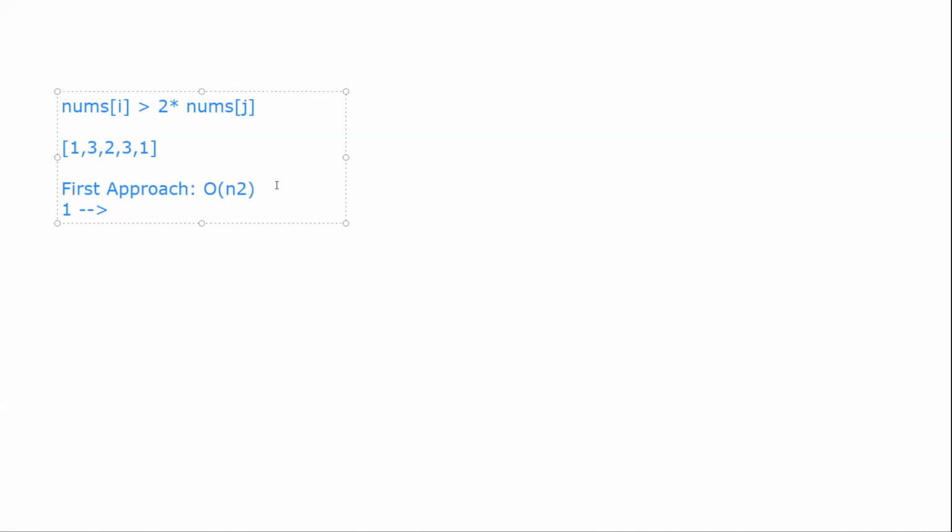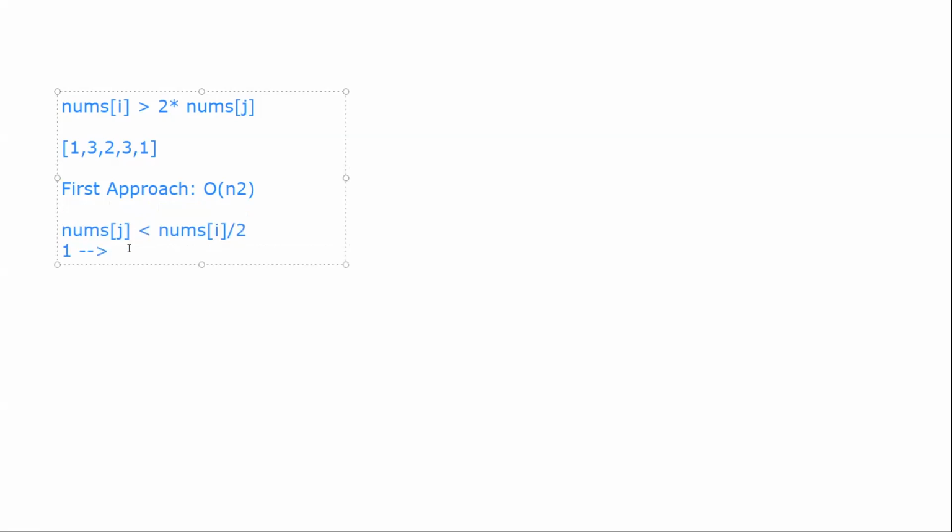The second thing I tried to refine it was, if I look at it, it's kind of a searching problem. When I'm at 1, if I write this equation as nums of i divided by 2 greater than nums of j, so j should be less than this, right?